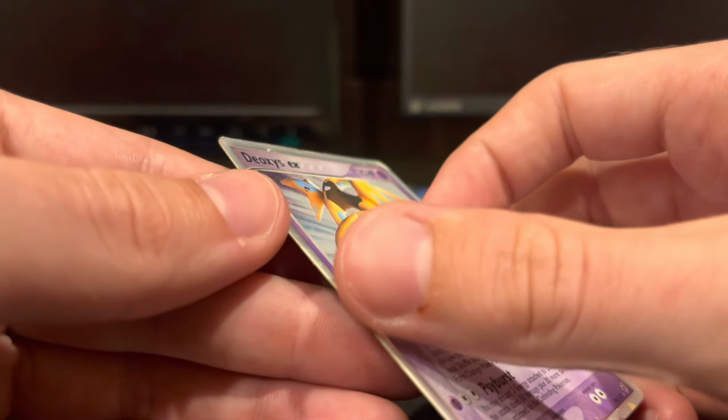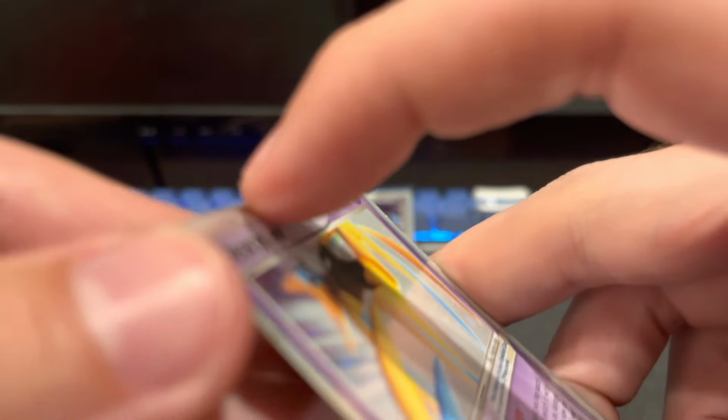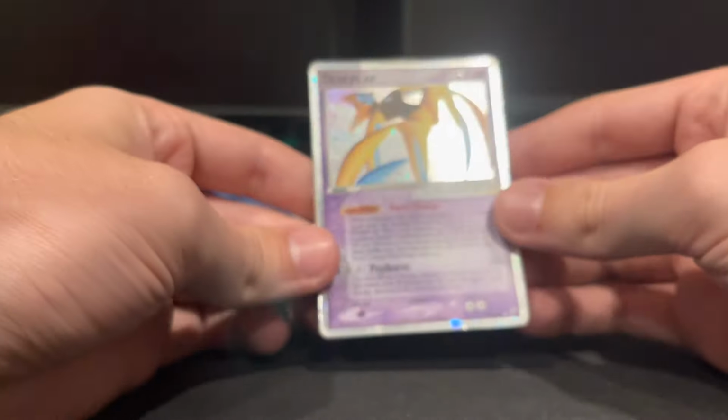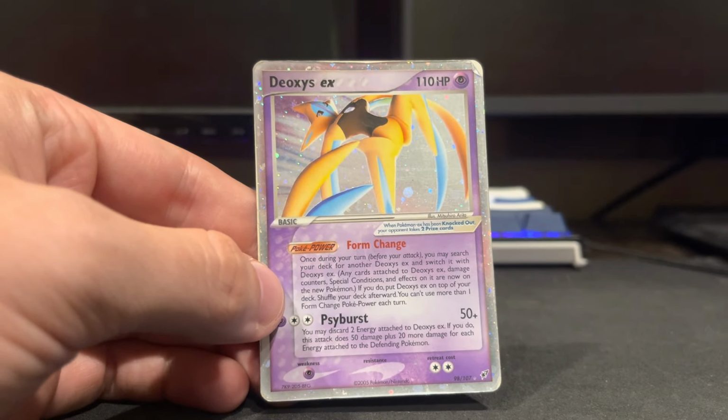But with the sides peeling, if you can hear that. Can you hear that? Yeah, right there. You can see it. So yeah, with the sides peeling like that, I probably wouldn't classify this card as a near mint card,